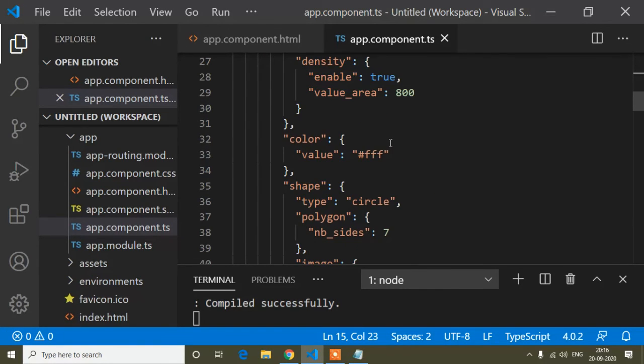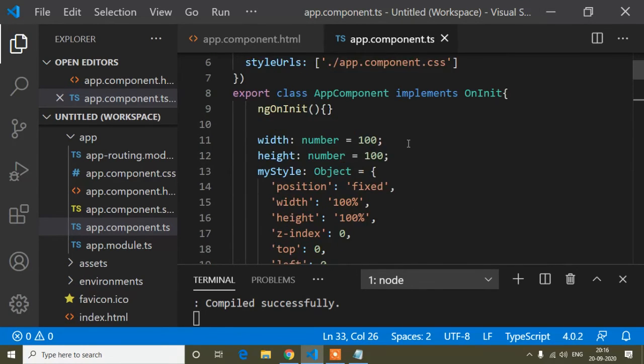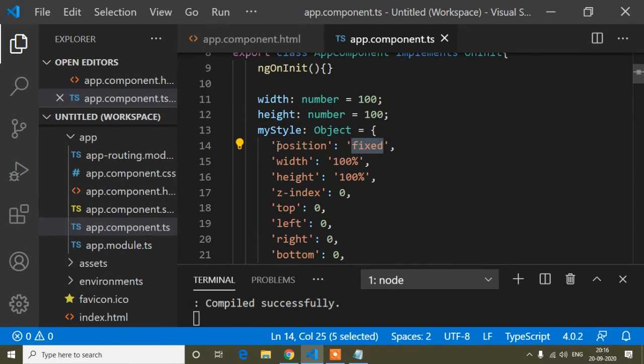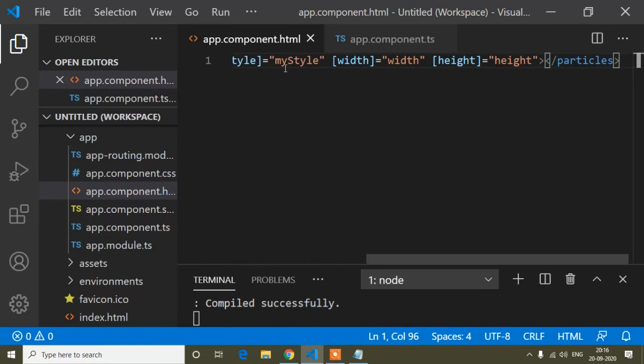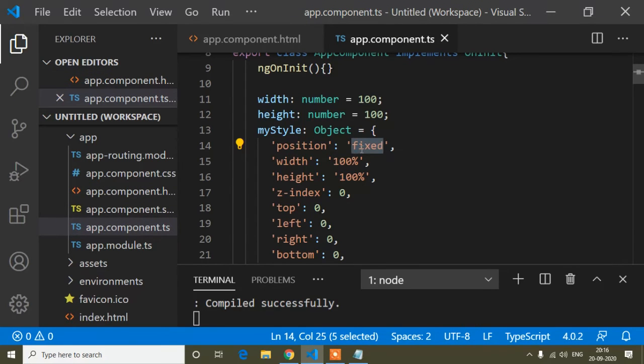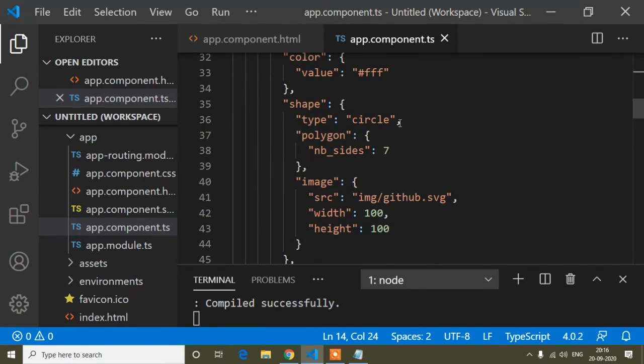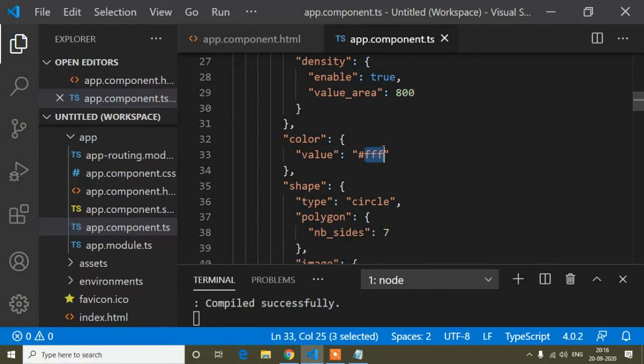You can see I have added white color. Here you can modify different things. Just here you can add the position. If I write position absolute, I have to write something in our HTML file, position relative, and after that position absolute. Here I have written position fixed, and here I have added white color, so that's why it's not coming.